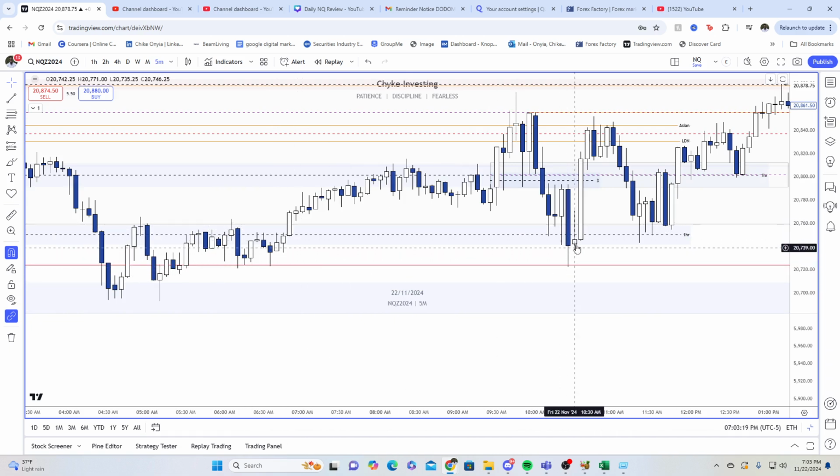But then immediately we come back in the range, finding support in this 1 hour CB, closing in it. So you want to be paying attention when you're seeing things like this, and you're seeing price not wanting to continue to expand, but it's reversing higher, and you're respecting a 1 hour fair value gap like this. You should already anticipate that today is just going to be a trash day.